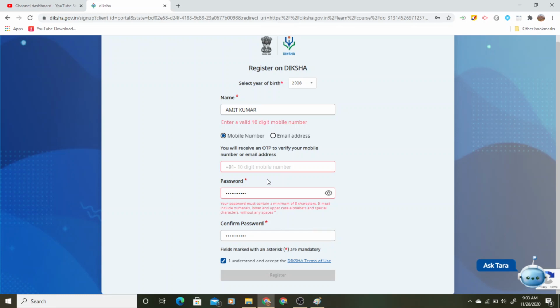You can use mobile also. Just you need to click on the link that is given by your teacher on your WhatsApp. After clicking the link, you will register. The steps that I am giving you, you will follow these. So once you are registered, suppose I am already registered with it, I will go back.